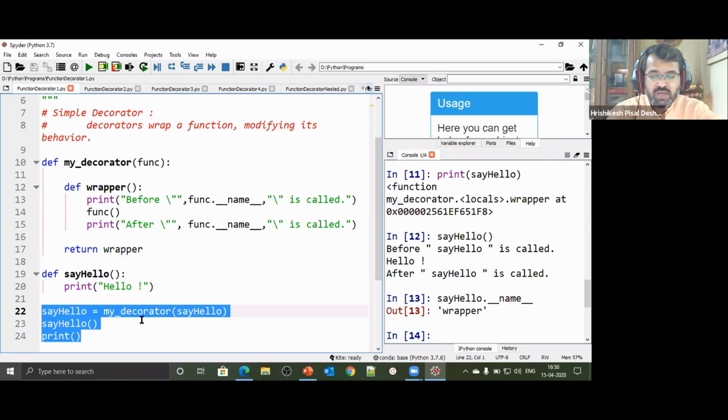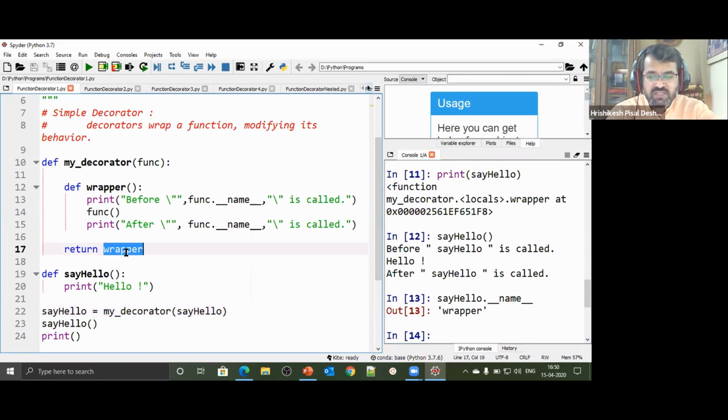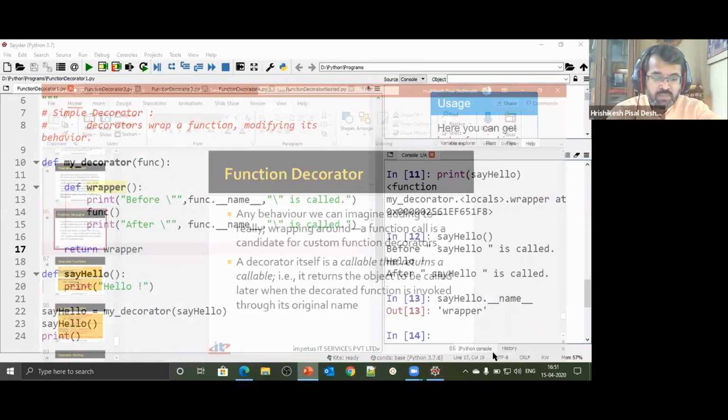Now you really do not have to write such complex code, which will again lead to so many questions that the user may have. You may say, sir, anyway, it's a new function that you are returning. Say hello is just a name given to this new function. New function is being called. Now the syntax is slightly better.